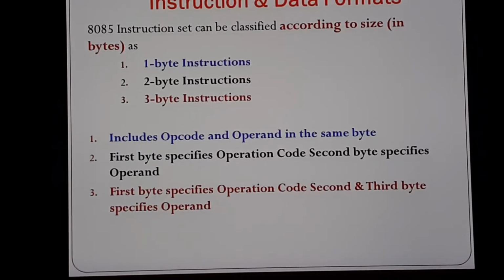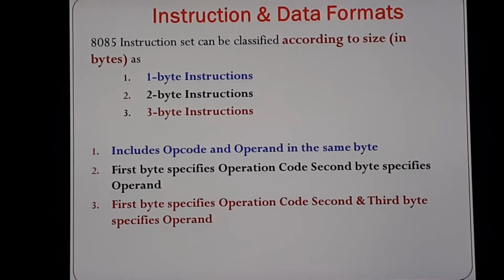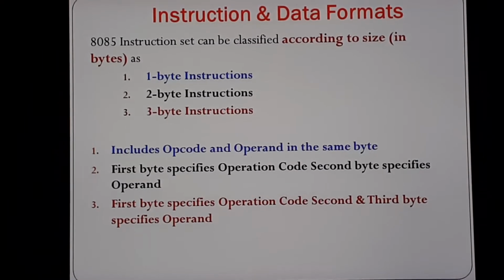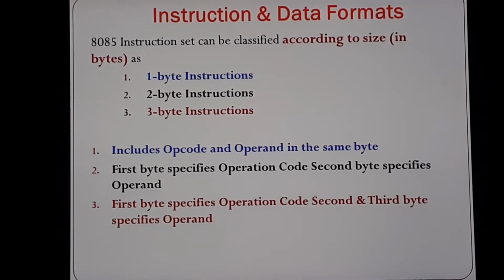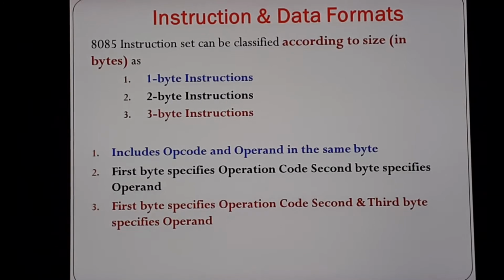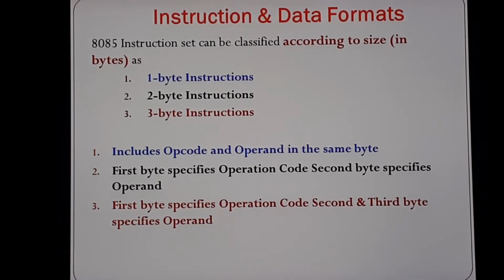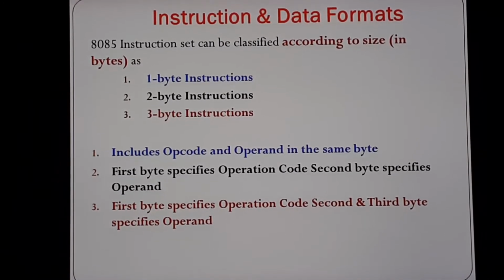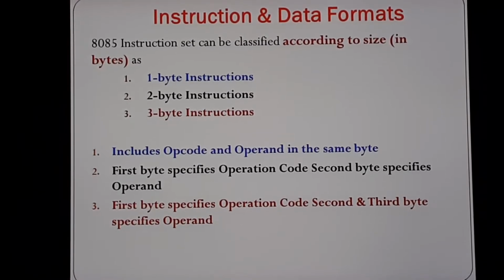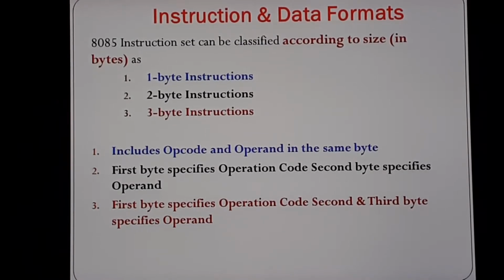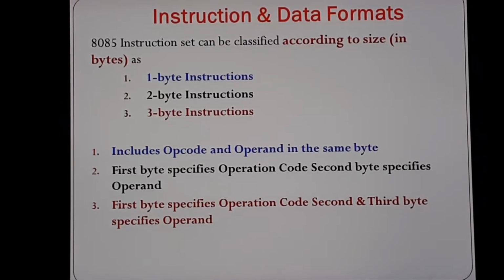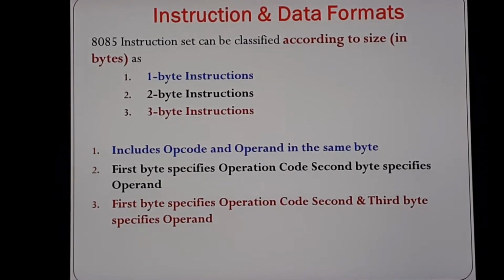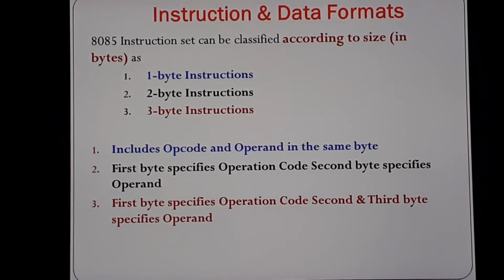Okay. So the first topic in this particular video is instructions and data formats. In the last video we had seen the addressing modes of 8085, correct? So today we'll start with a new topic, that is instructions and data format. Last time I had told you what you mean by instruction, correct? So instruction is nothing but the information, or you can say the data that is gathered from all of the registers, and the registers are A, B, C, D, E, H, L, all of these are said to be registers, correct?